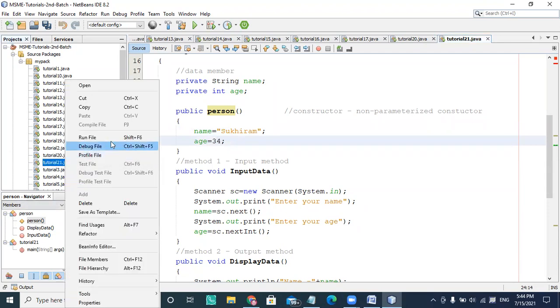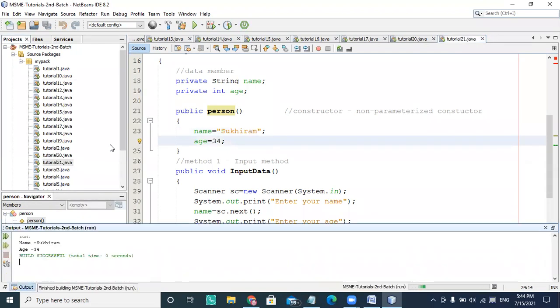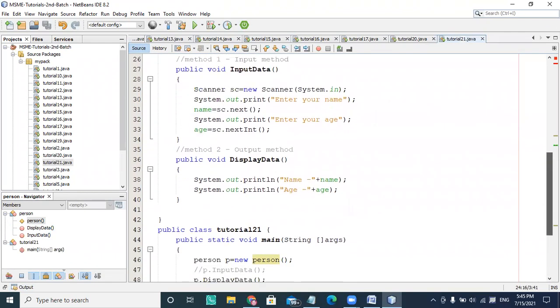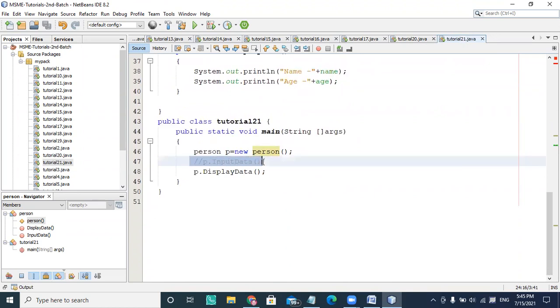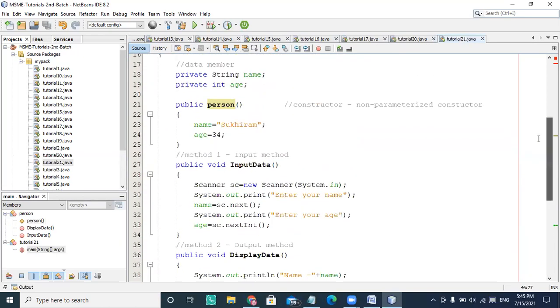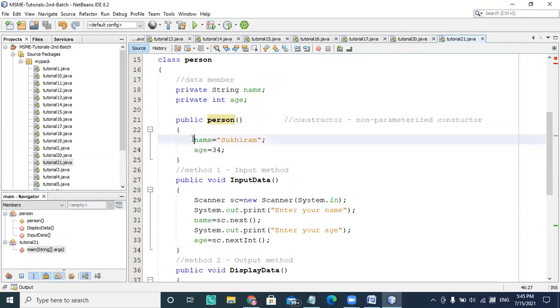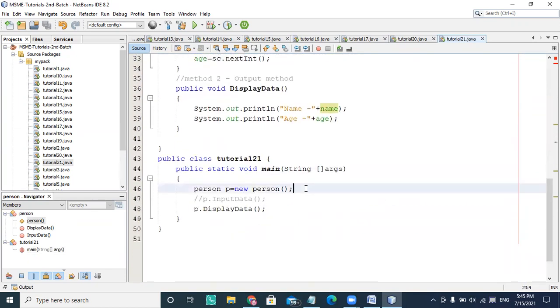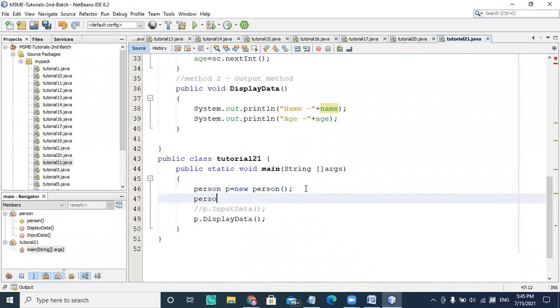So if you want to see, look at this particular file. You don't need to call here. So here name is Sukhiram and age is 23, because now you have got your own constructor. You are not taking the constructor of Object. So if you are not using any runtime initialization with the help of a method, you can create a constructor, and that constructor is automatically called here and it is initialized. The proper practice is, yeah, if there are n number of objects, how would it know which object's constructor it is going to call.